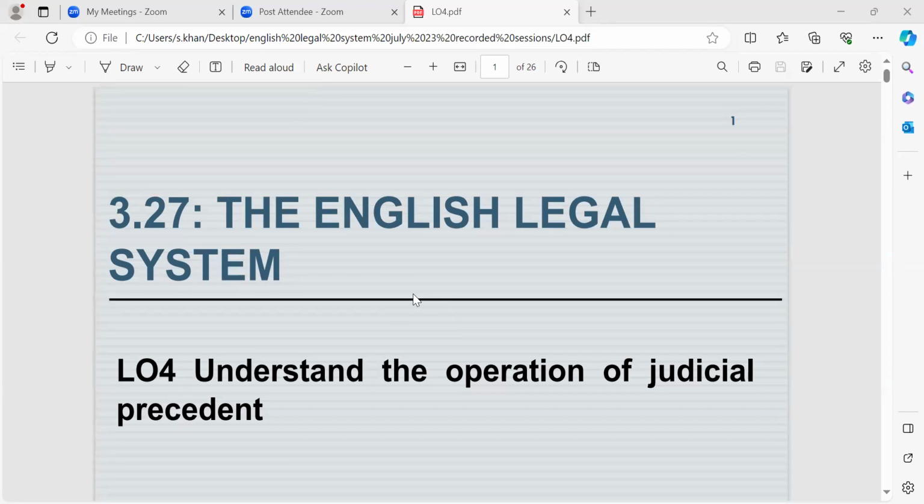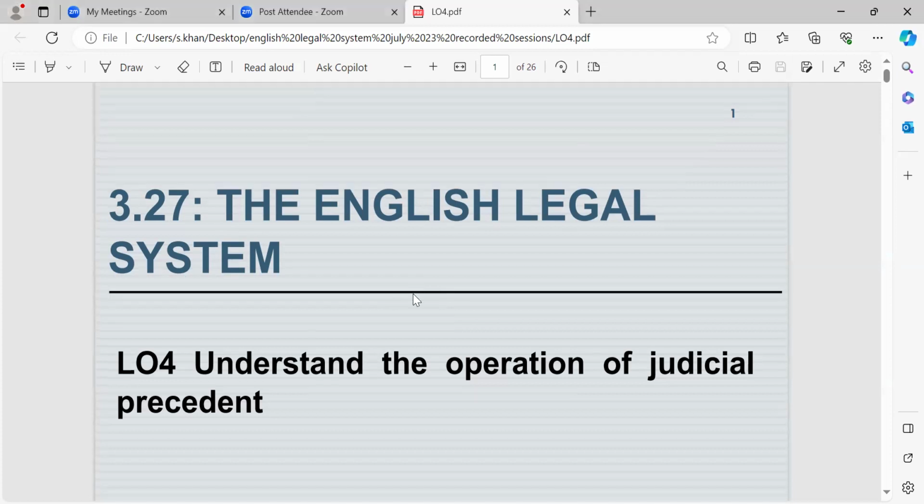We also looked at the personnel that worked within the courts, with each of these courts, and who is bound by these courts and the right of appeal. And we looked at the hierarchy of the court system and why there was a need for the court system. Now we're going to look at understanding learning outcome 4, which is to understand the operation of